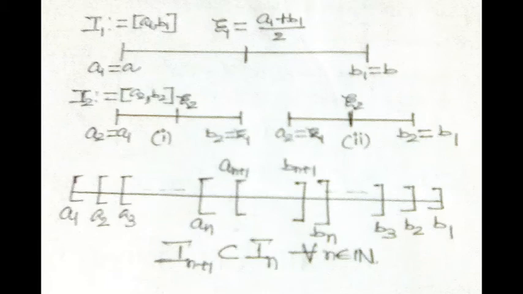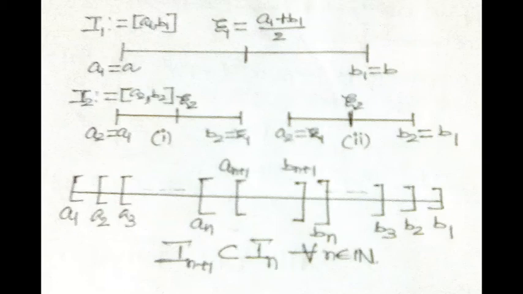So in both cases, I have to compute again the midpoint of this subinterval. That means I have to compute the midpoint xi2. So xi2 will be (a2 plus b2) by 2, where a2 and b2 will be dependent on the values of xi1, so that we will choose b2 as xi1 or b2 as b1. So that's the dependency on the sign of the function.